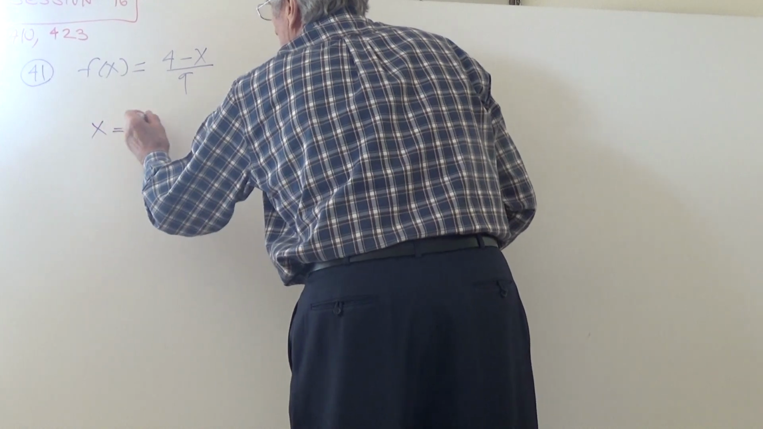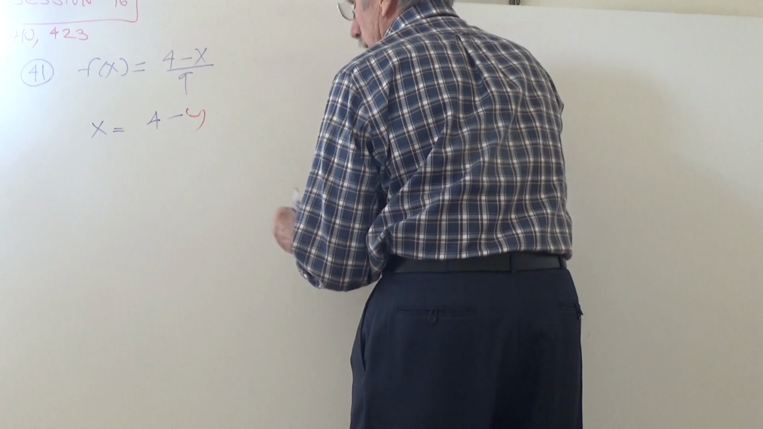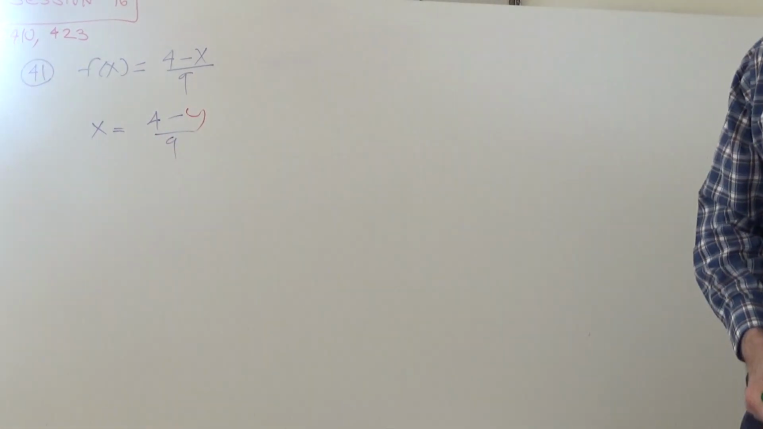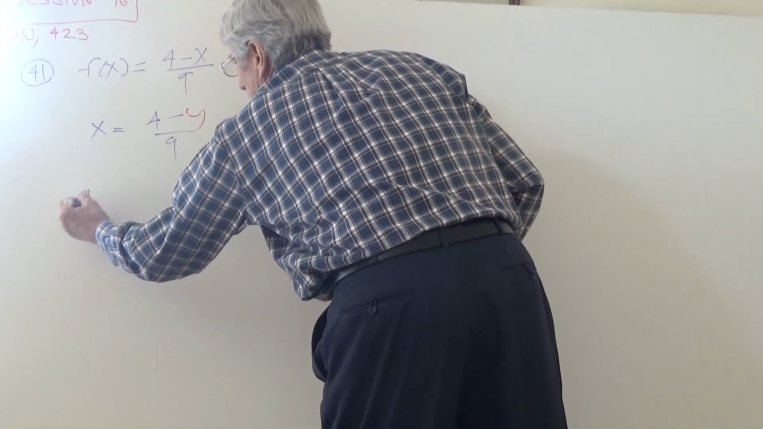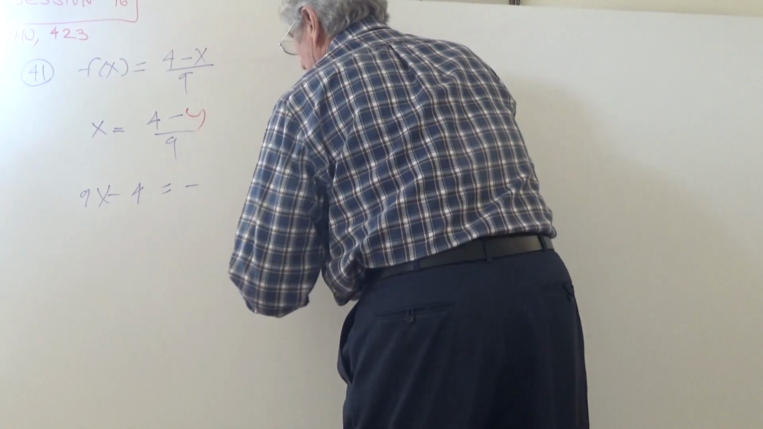And that should equal 4 minus, interchanging the x and the y, that's going to be y, and all over 9. And then we're going to solve that for y. We're going to multiply both sides by 9. Multiplying both sides by 9, 9x minus 4 will equal, be careful now, and how many times have I